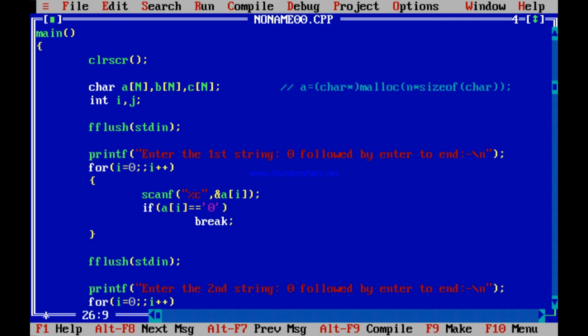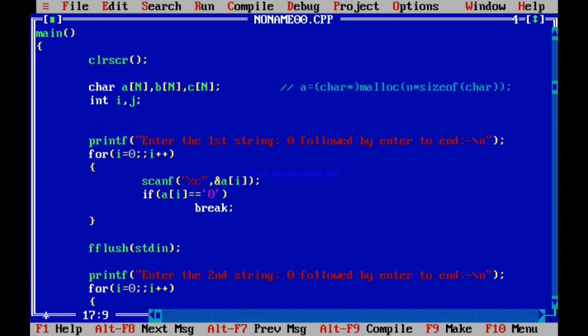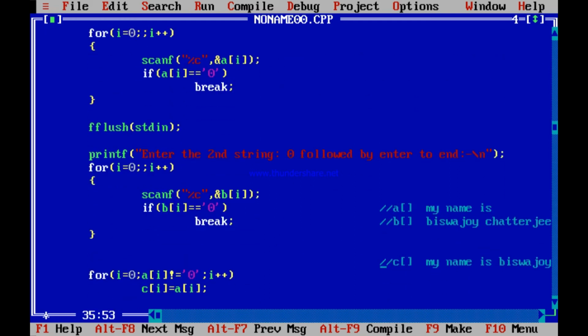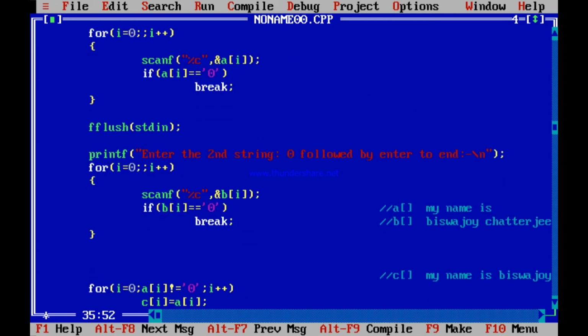If you flush after scanning, then you don't need to flush before scanning. Whichever way, it is better. After is in fact better because flushing is associated with after, so generally it is done after. However, for safety, let us flush before, let us flush after, doesn't matter. Or maybe you flush after only, doesn't matter also. You may flush here, after the second string is entered. You get it? You flush the buffer. Whatever extra is there in your buffer, you simply flush that out.